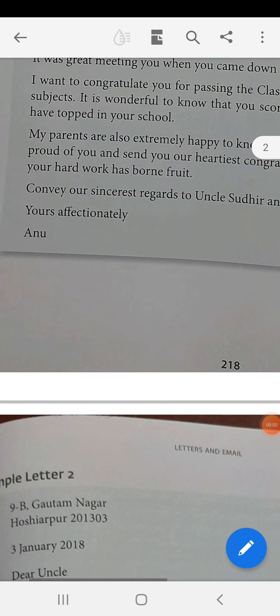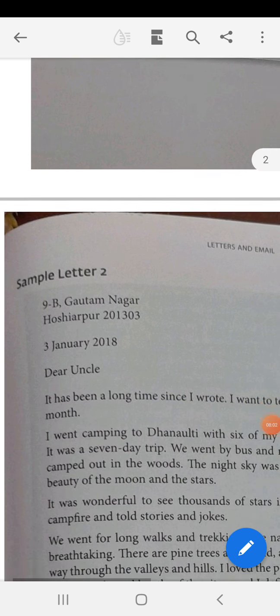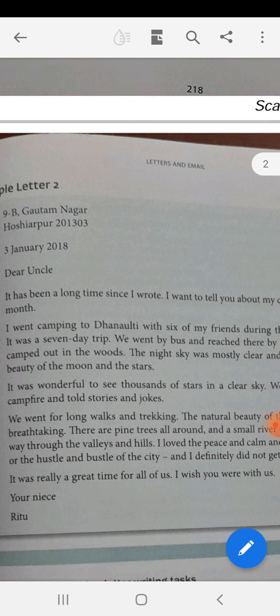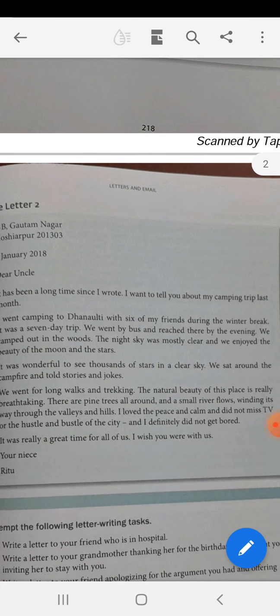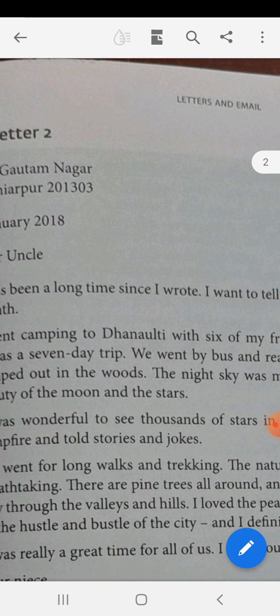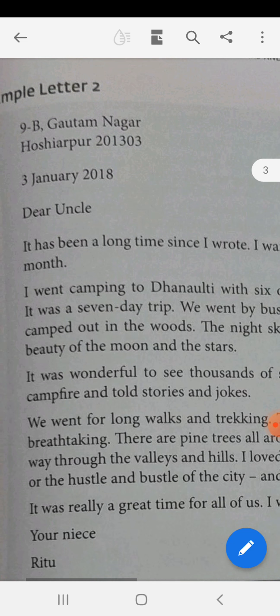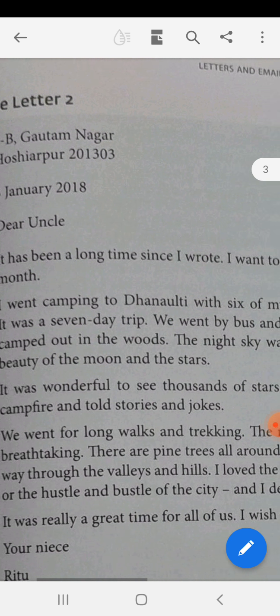So this is the letter, and then this is the sample letter too. I will quickly read out this letter so that you know how to write a letter. On the top left is the address of that person. Then there is date in the prescribed format. Then there is salutation, and then there is body of the essay, which is, It has been a long time